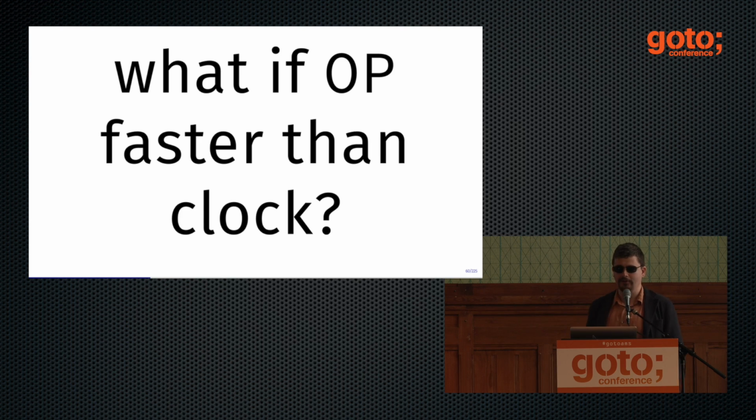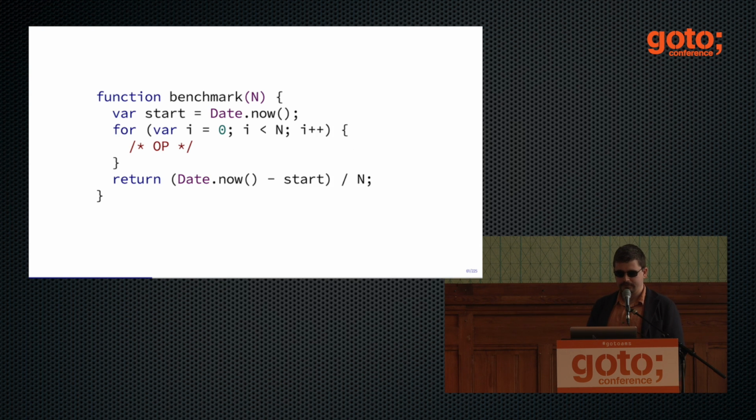Okay, simple enough. But what if the operation is faster than the clock? Usually, you would expect that the assignment to a variable, for example, does not take a millisecond even, right? Well, maybe it used to take a millisecond back in the 90s, but not now. So the easy answer is just to repeat the operation multiple times and then divide the time by the amount of iterations that you took, or divide the amount of iterations by the time. Depends on what you want to get as a result.